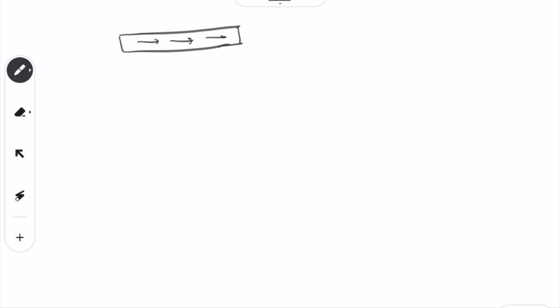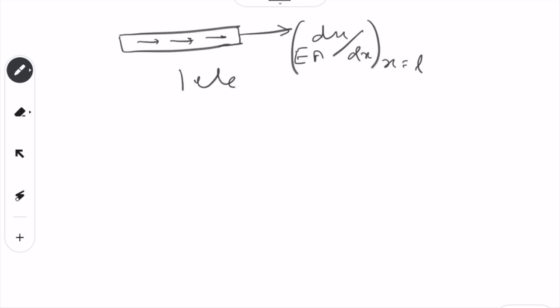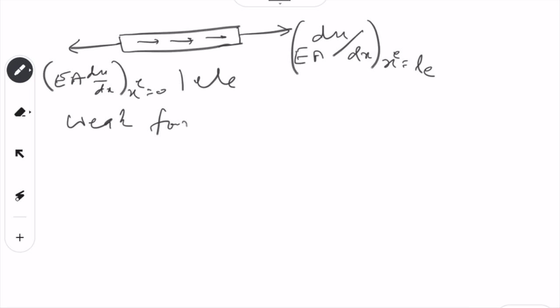So this is one element, this will have EA du over dx at x^e equal to L^e as the value here, and this will be EA du over dx at x^e equal to 0 value, and the weak form for just this element, for this element only, can be